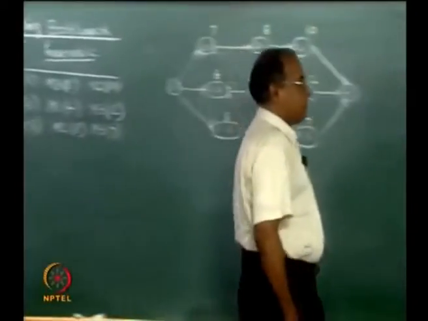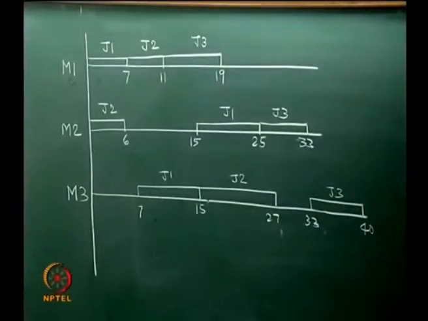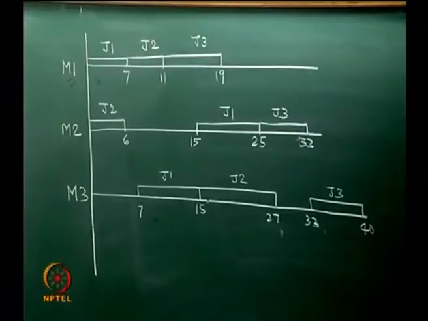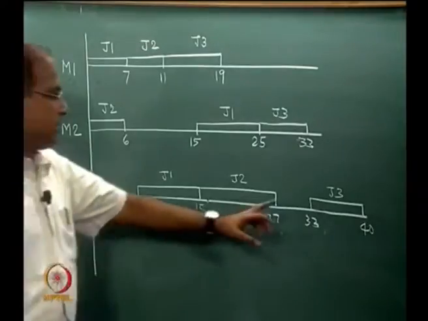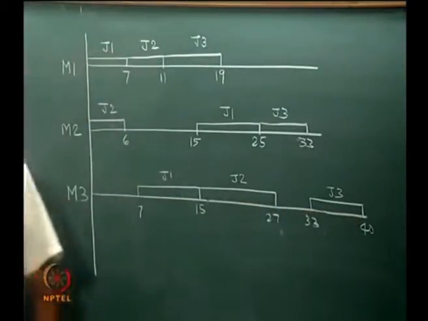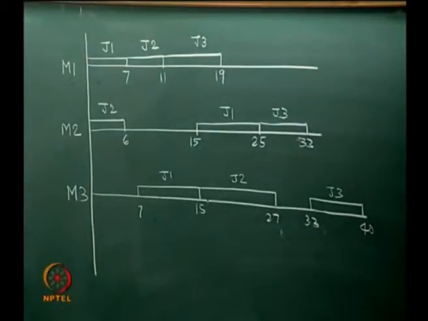For example, we have seen this Gantt chart which has been prepared with shortest processing time as the dispatching rule. So, if we use shortest processing time as the dispatching rule for this problem instance, we get a makespan of 40. We are now trying to see another approach which helps us to solve the makespan minimization problem